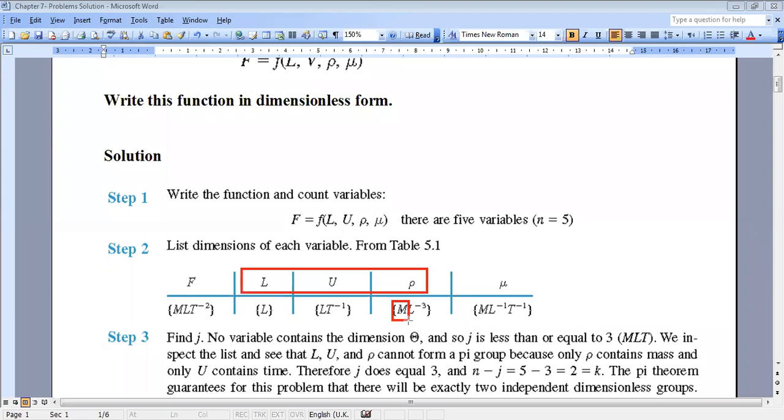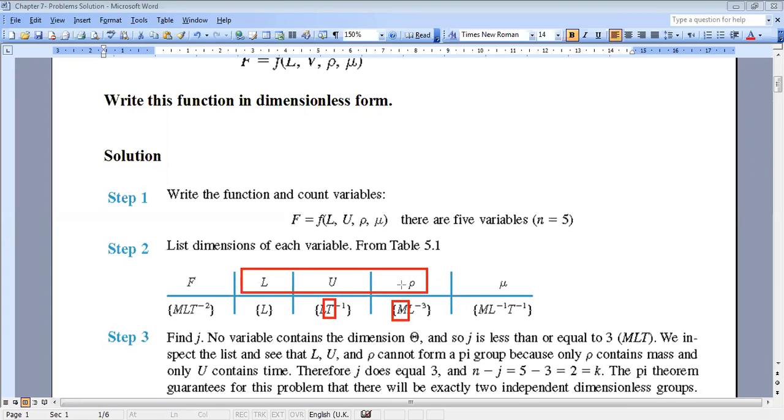You get a group that is dimensionless; the M should be present in another place, so that if I raise it to the power of a certain coefficient, the M will cancel out. But here M is not present in L or in U, so it is impossible to cancel M. Also, T is only present in U, so if I combine it with L and rho, I cannot cancel the time T, so it's impossible. So you can directly say, without any further calculation, that L, U, and rho